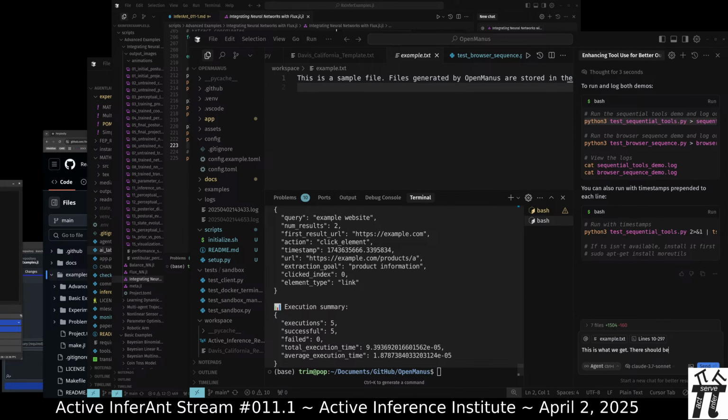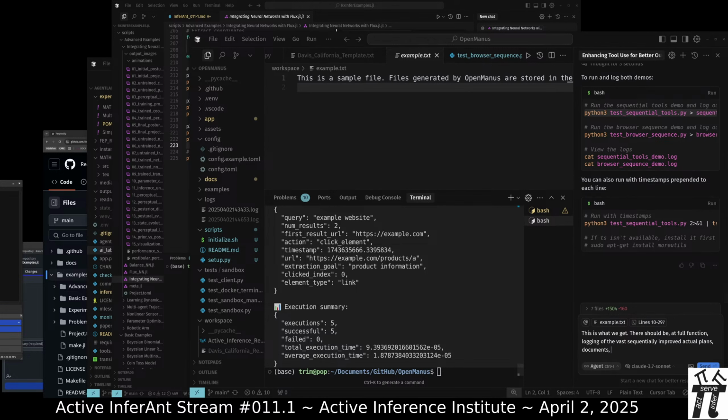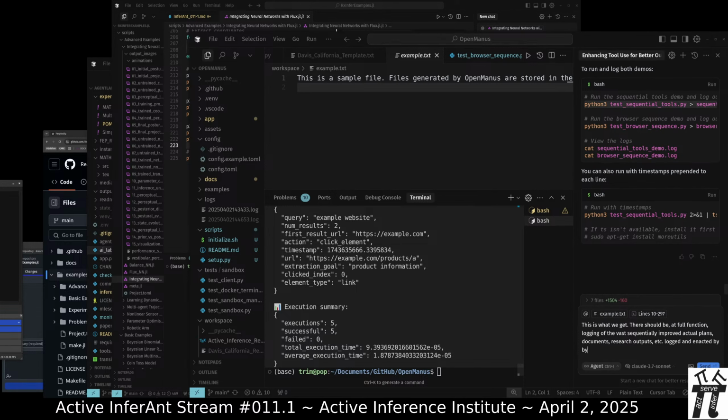There should be full function logging of the vast sequentially improved actual plans, documents, research outputs, etc. logged and enacted by this system.